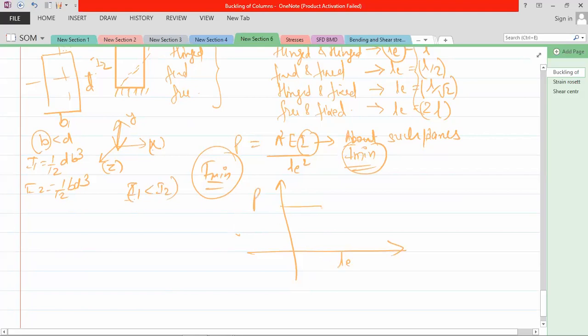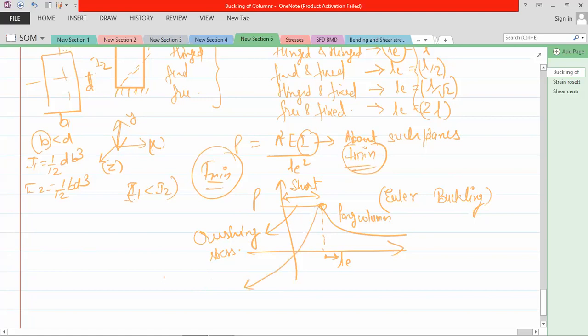That is this graph you can obtain that this is the critical length, above which we can consider a column as a long column, and below which we can consider the column as a short column. Now for a long column, we apply the condition of Euler buckling, because Euler buckling is considered only for long columns, and for short columns we apply only the concept of crushing stress, and we assume that the short column will not buckle and it will only fail by the crushing stress. So this is a point that is continuous in between.